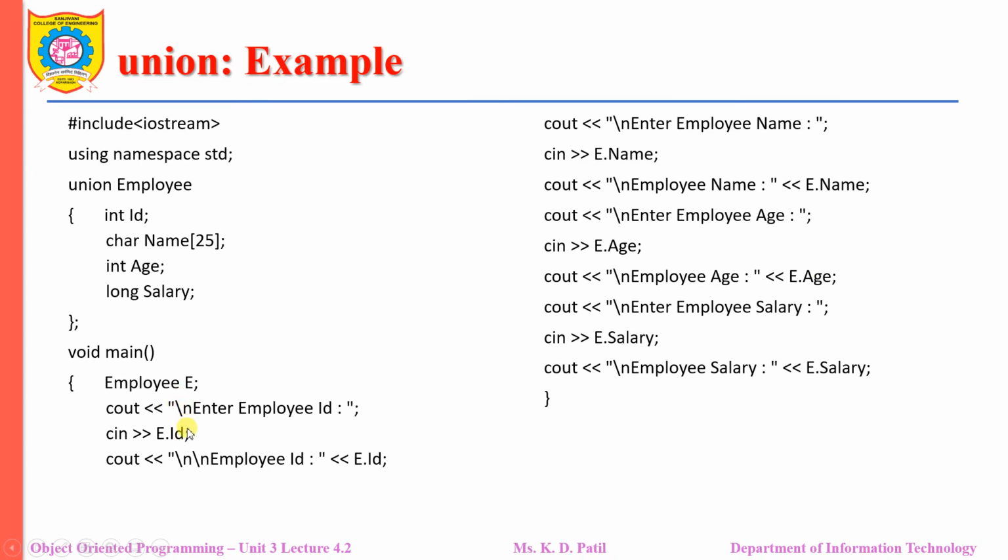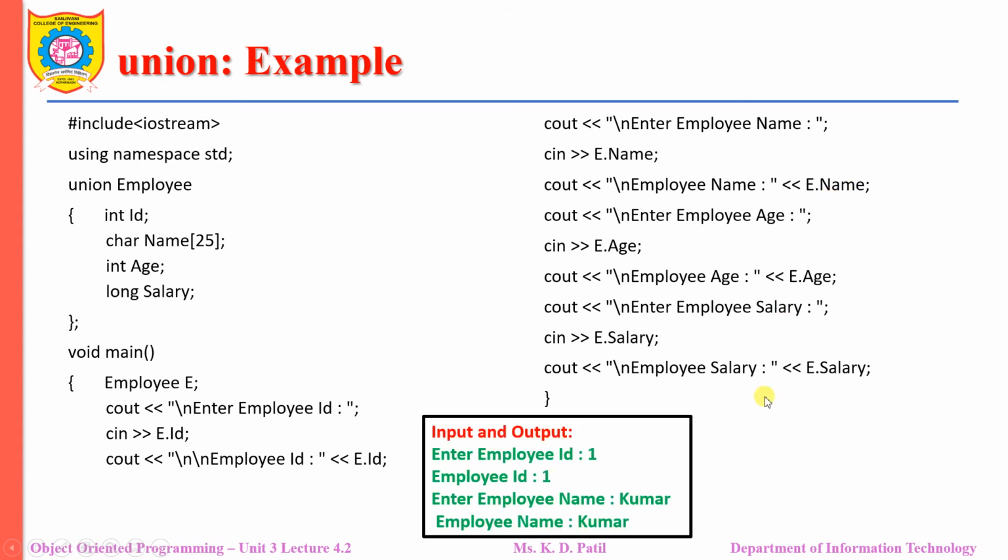That means once I have accepted the ID from the user, and the moment I have displayed the value, as the other members do not have a value, so the other members did not save any value, and at this place only the employee ID has been saved, and when I display that employee ID, I should get the correct employee ID, whatever employee ID I enter. And after that I will enter the employee name, so that employee ID will be replaced by the employee name, and that employee name should be displayed correctly. It is the same case with age and salary.